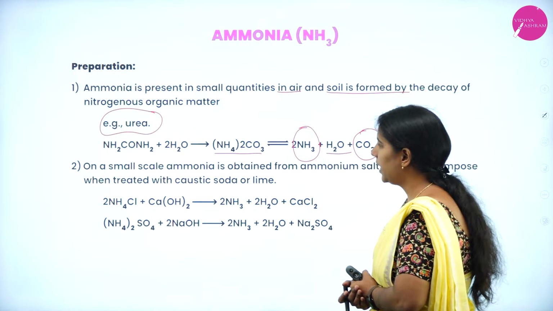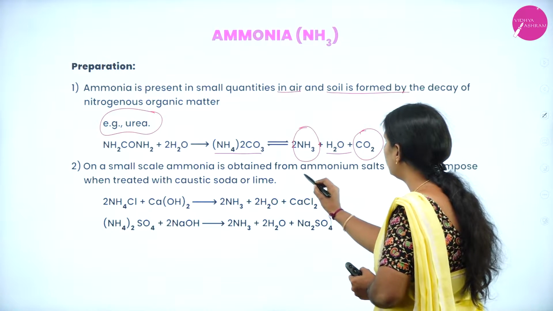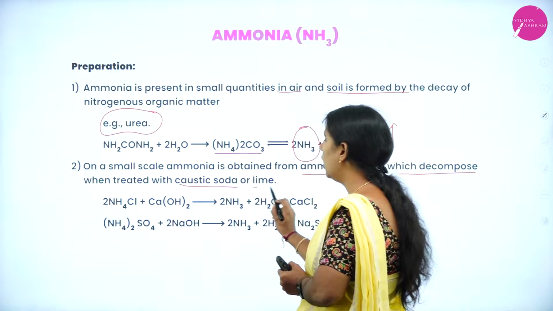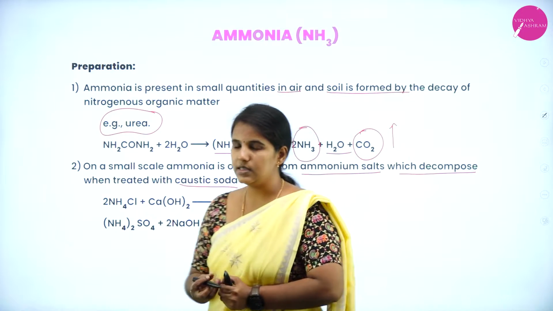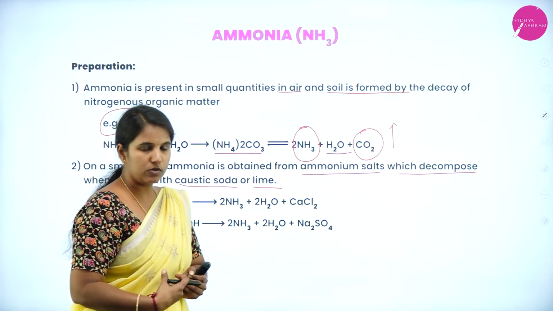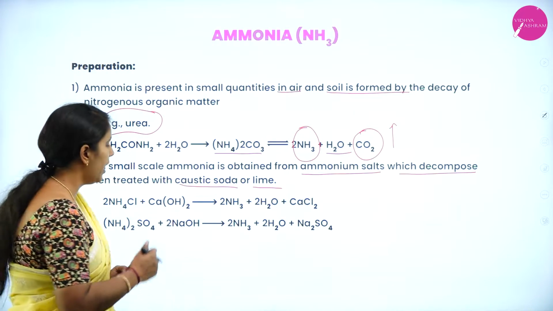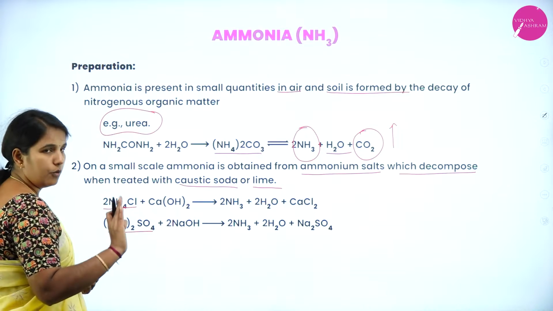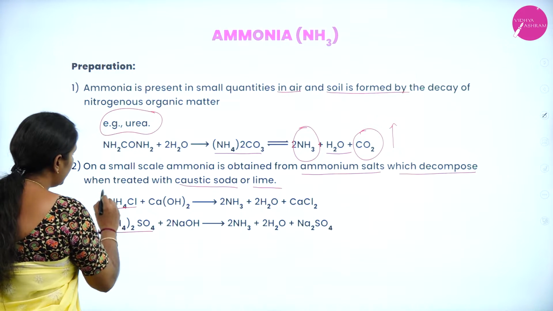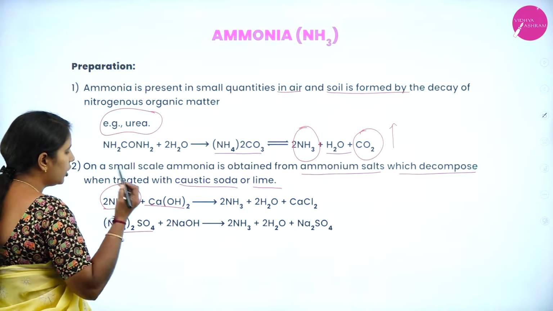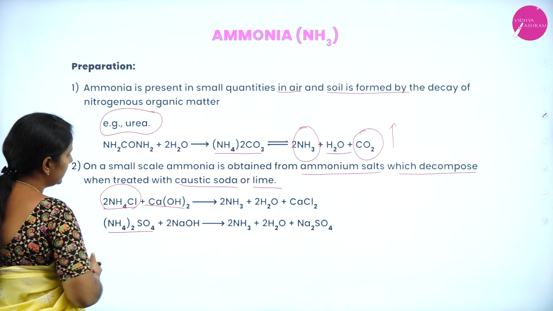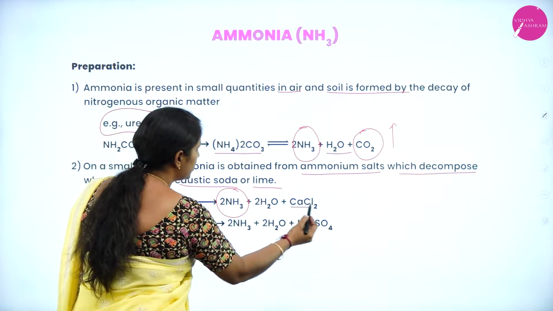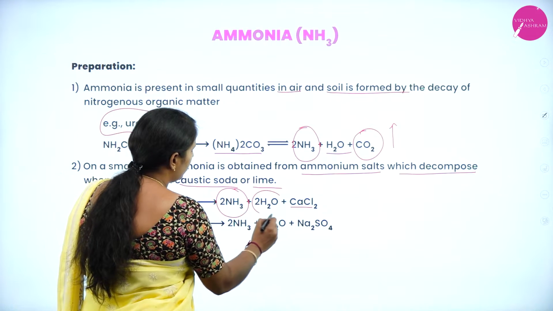On the small scale, ammonia is obtained from ammonium salt, which decomposes when it is treated with caustic soda or with lime. The second method is also a small scale process where you can easily prepare the ammonia by taking ammonium salts. Here I have taken ammonium chloride and ammonium sulfate. When ammonium chloride reacts with the lime or with caustic soda, here I have taken calcium hydroxide, what does it form? It forms the ammonia with the formation of calcium chloride, and water molecule will be released out,